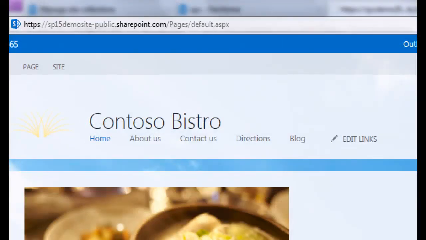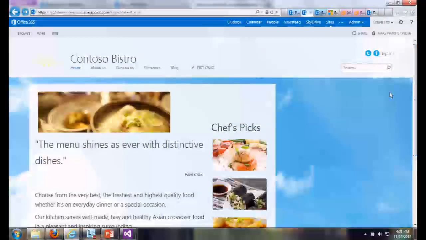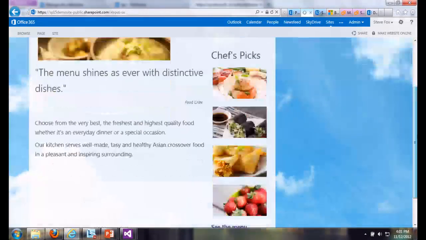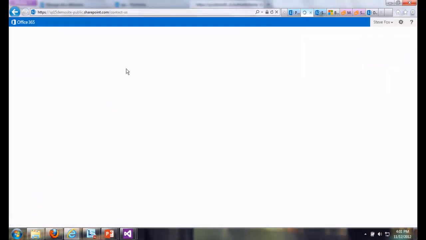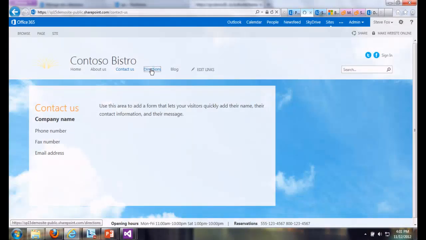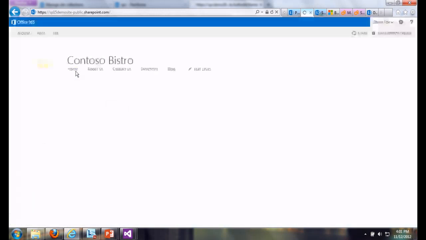All right, so what I'm going to do is add some customizations to this site. I'm going to develop, all right? So first things, you can see that we've got this Contoso Bistro. You can see it's a restaurant site. If we click on About Us, you'll see that there isn't much there. There we go, there's not much there. Contact Us, there's a little bit. You know, directions. We have an address, and so on and so forth, right? So we want to flesh this out a little bit. Now the question becomes, how do I do this?